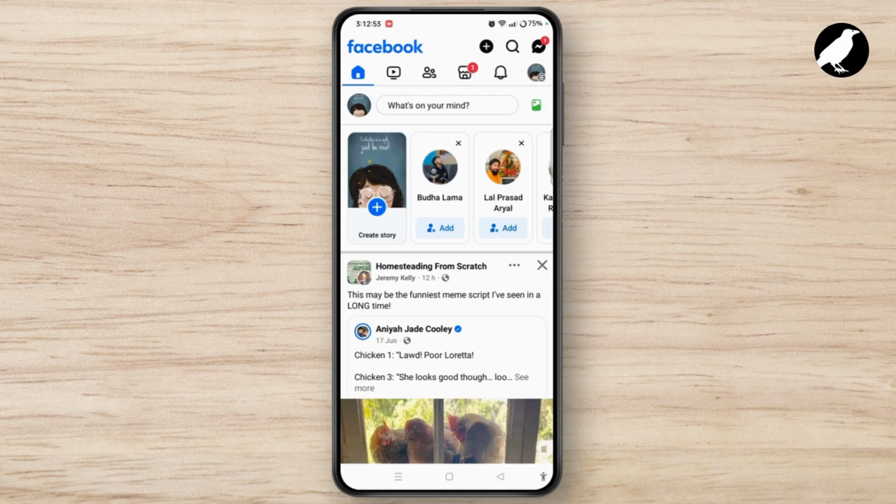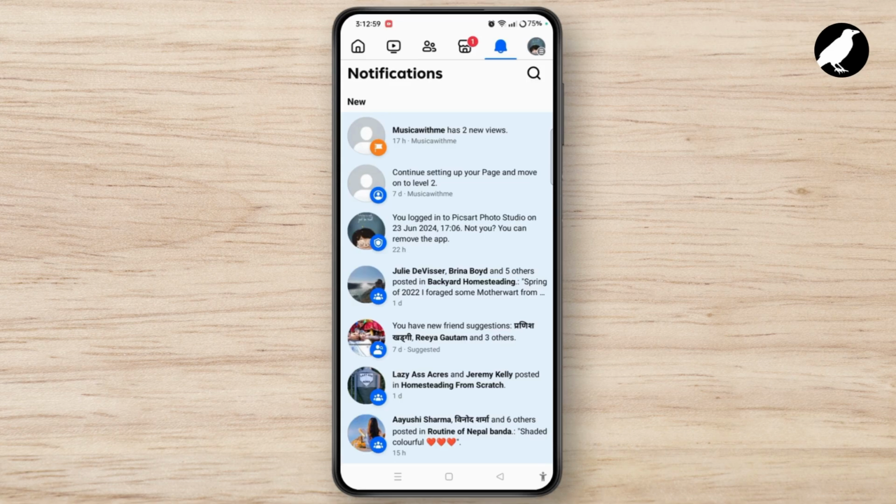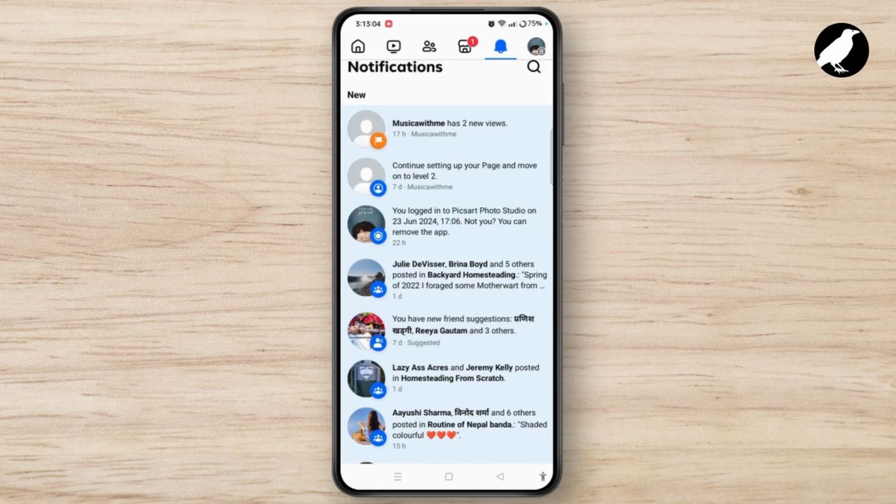Once you have done that, when you tap on the notification icon at the top right corner of the screen, here you will see the highlighted notifications on Facebook. So in order to stop it, you have to simply select the three line icon at the top right corner